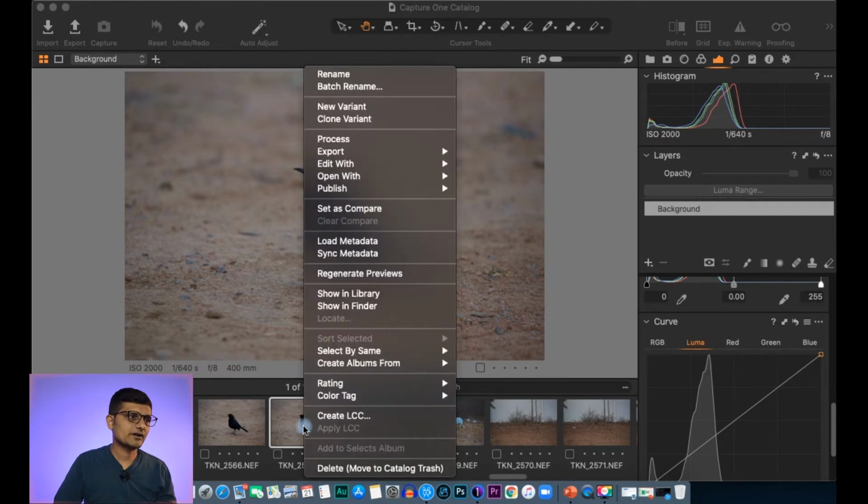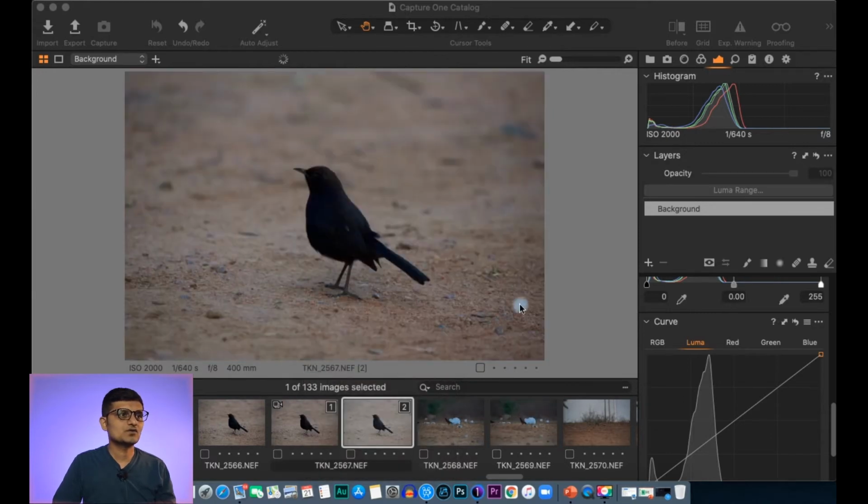What I'm going to do is right click on this image and make a new variant. What that new variant does is essentially make a virtual copy of the same image. Why I have done that is because when I finish editing, at the end I can show you both the actual file and the edited file side by side, as opposed to seeing before and after. This was also one of the feedbacks in my previous video by one of the viewers, so I have made a note of that feedback. So hopefully I'll be able to show you a side by side comparison at the end of the video.